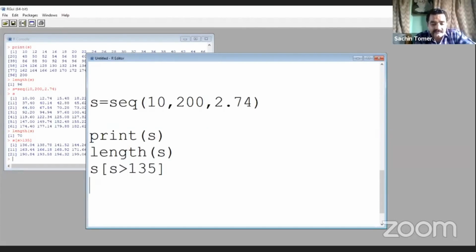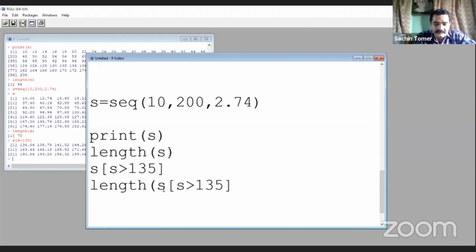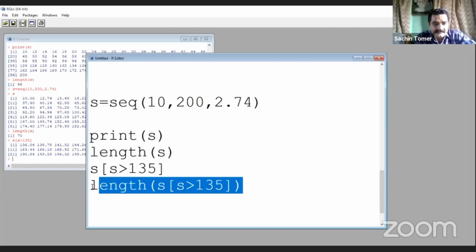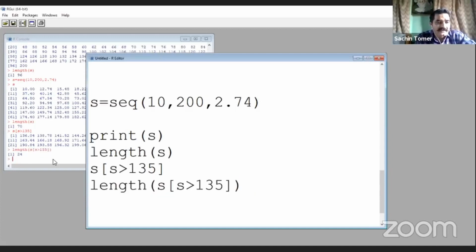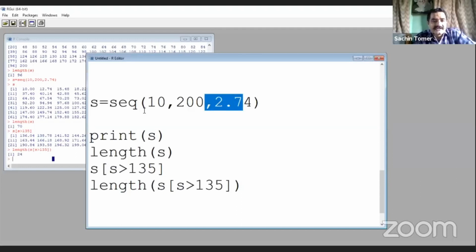I'm talking about the length of which? The length of this expression. Control C and Control V, then close the bracket and run this command, Control R. So there are 24 observations which are greater than 135 in this sequence.